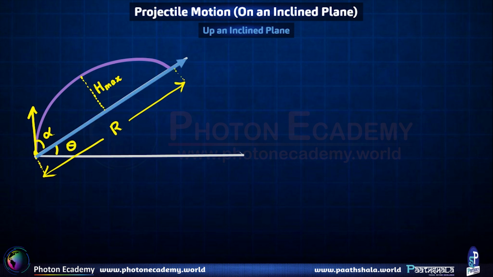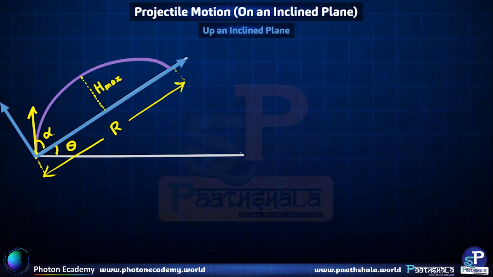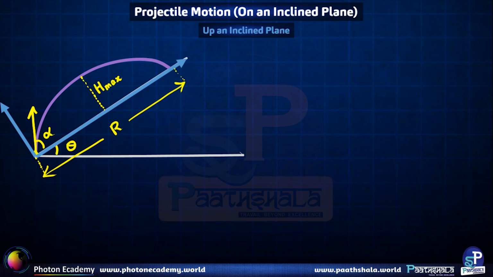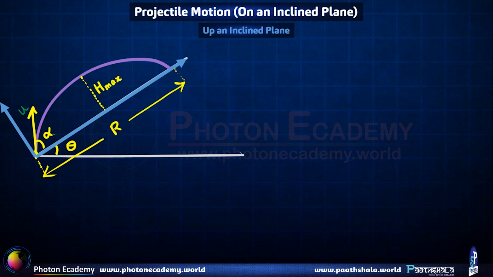Let's draw the two axes. So the x-axis has been chosen up the inclined plane, and the y-axis is perpendicular to the x-axis. So u happens to be the velocity of projection. Now we want to analyze this motion in the x direction as well as the y direction. Ux, which is the velocity in the x direction,